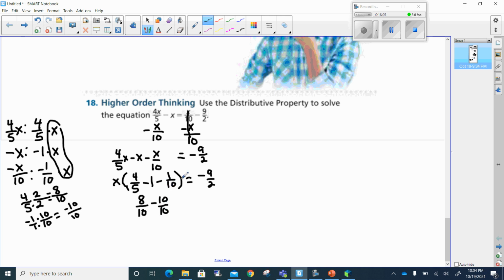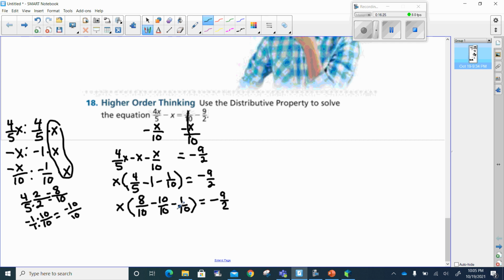Then I have to figure out, well, actually, this is going to stay the same. I don't have to figure anything out because 10 was already my denominator. Okay, and now that all that is in my parentheses, multiplied by x, equaling negative 9 over 2,